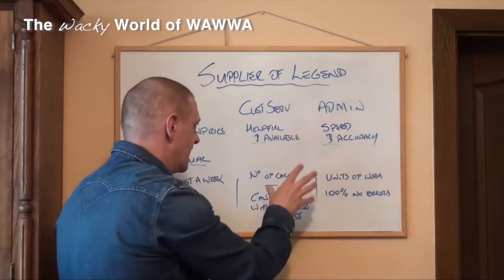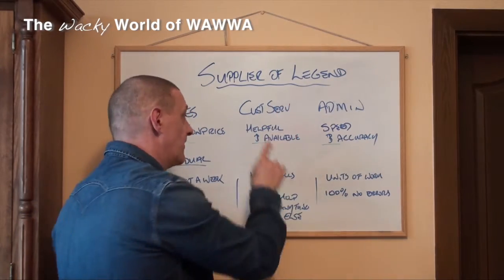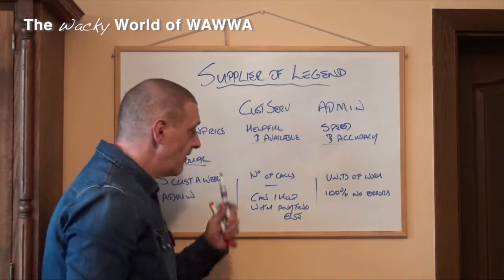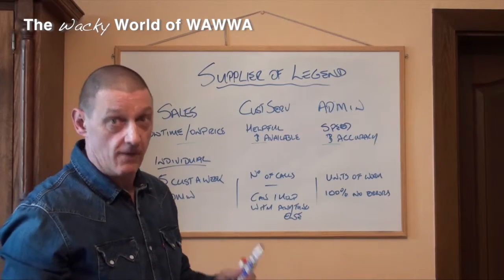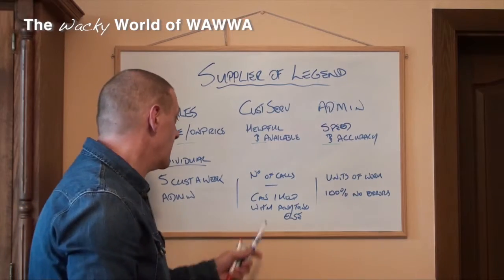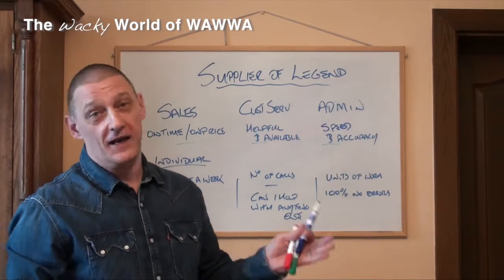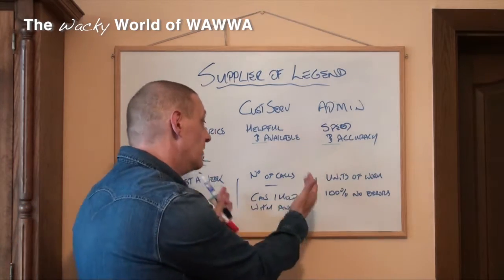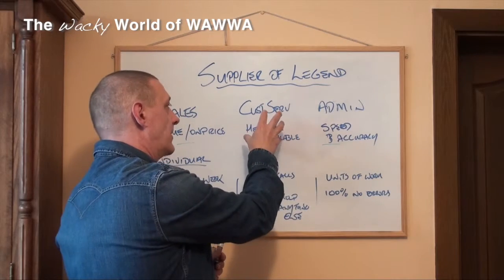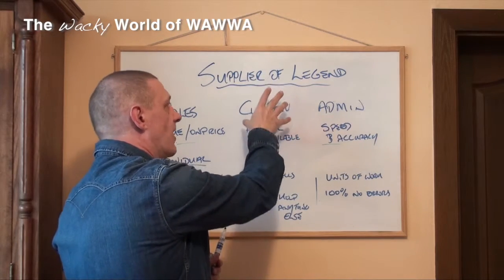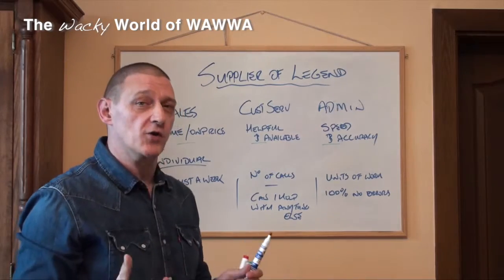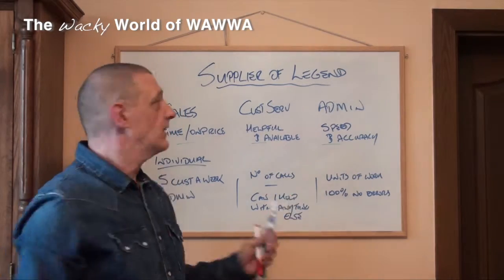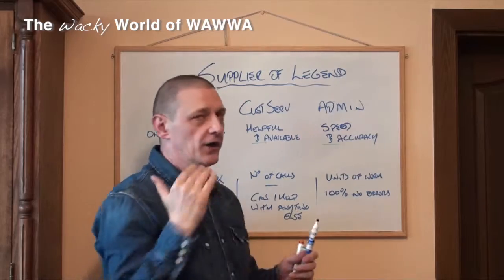If in customer service they're holding up their end of the bargain, they are being both helpful and available, they are dealing with the number of calls that they are targeted towards, and they're all saying, before they finish, can I help you with anything else? They are also delivering on their departmental objective, which feeds into supplier of legend, which means 2/3 of the organisation is supplier of legend. I don't think I can go any higher.